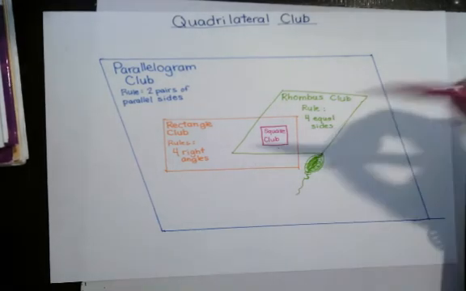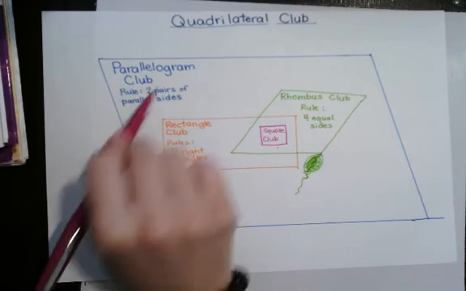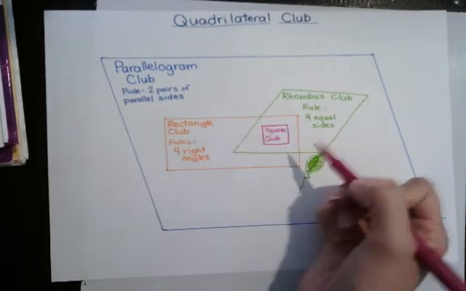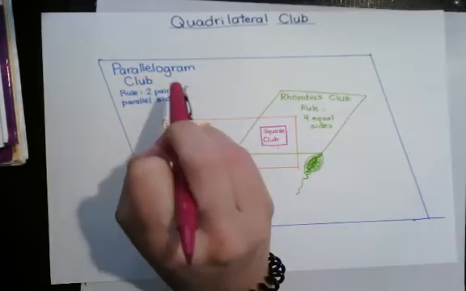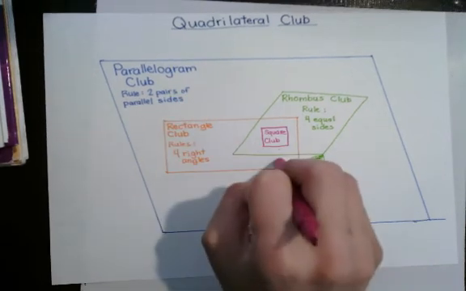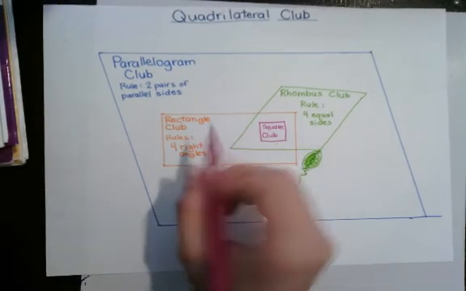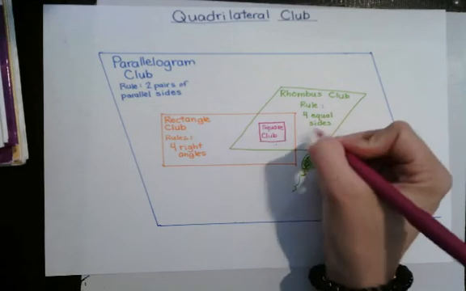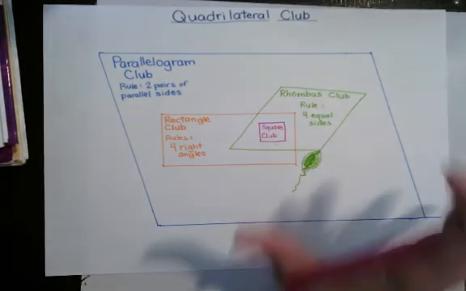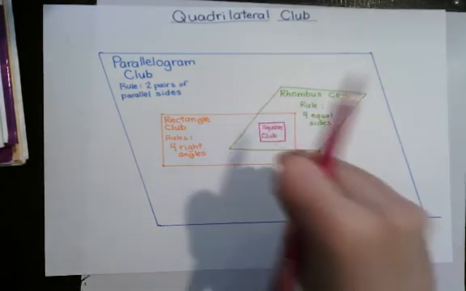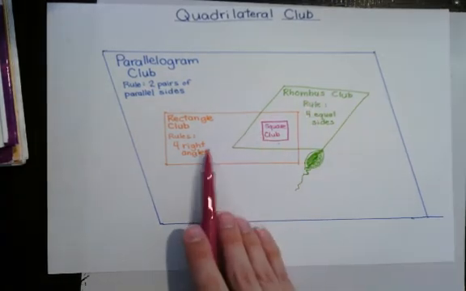So as we can see here, in your homework you're going to get a lot of questions like this. Is a rectangle a parallelogram? Let's look. Is a rectangle in the Parallelogram Club? Does it have 2 pairs of parallel sides? Yes. So yes, a square is a parallelogram. Is a parallelogram a square? No, because it doesn't necessarily have 4 right angles and 4 equal sides as well. Okay? So it starts to get a little confusing as you start to say these things, but use these clubs